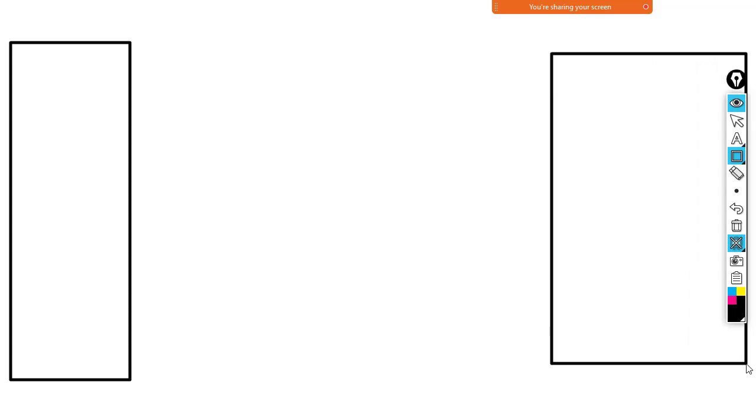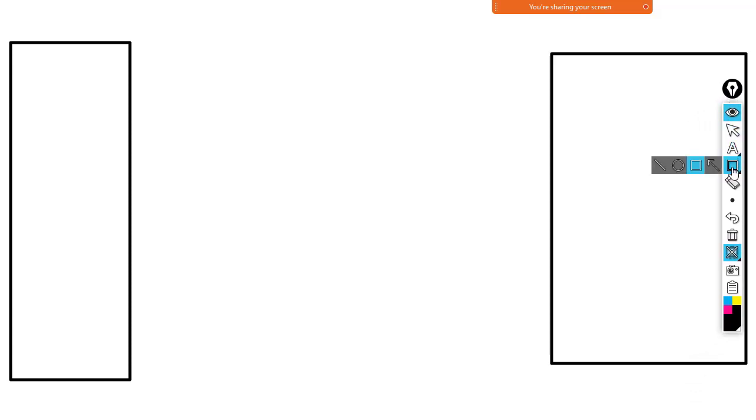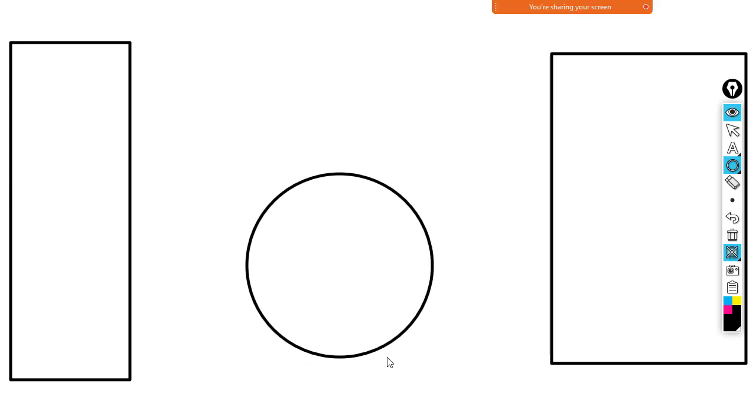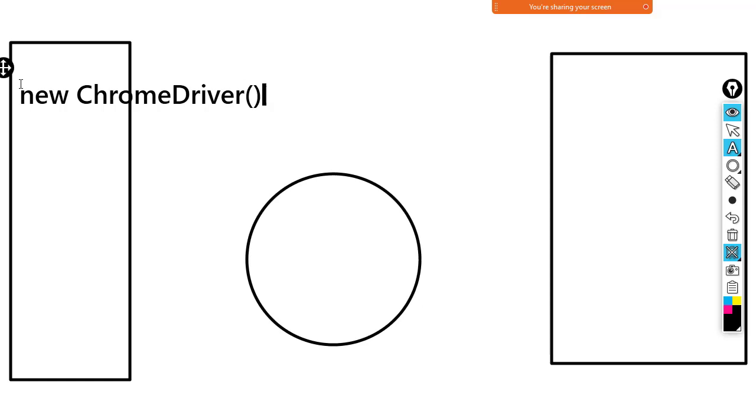Now the thing is that whenever code needs to interact with the browser, it cannot interact directly. What happens is that we have an intermediator in between, that is the browser driver, right? We write the code here, say we write the line new ChromeDriver, right? Whenever we write this line, the code starts interacting